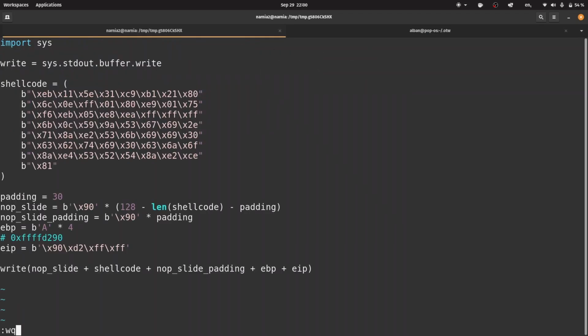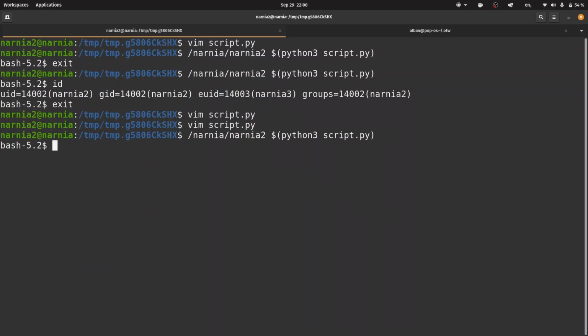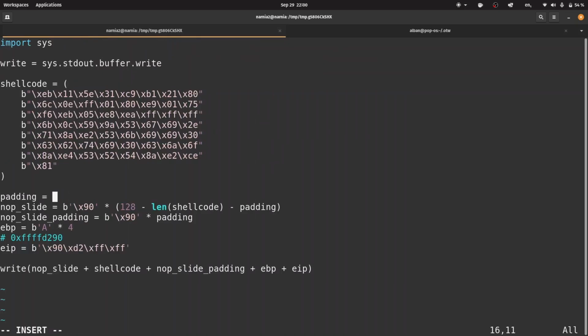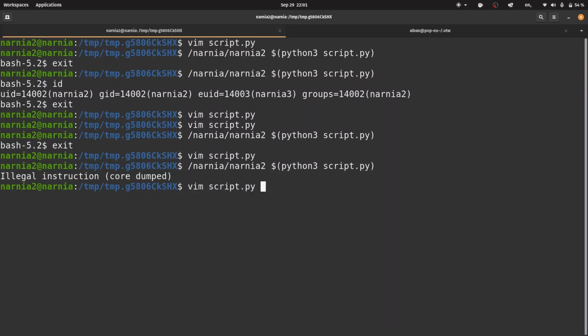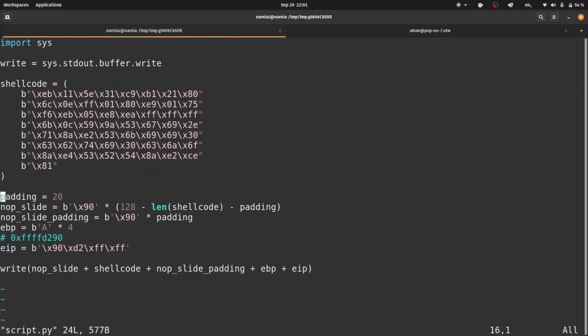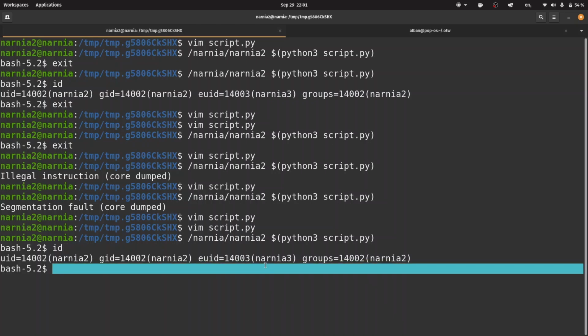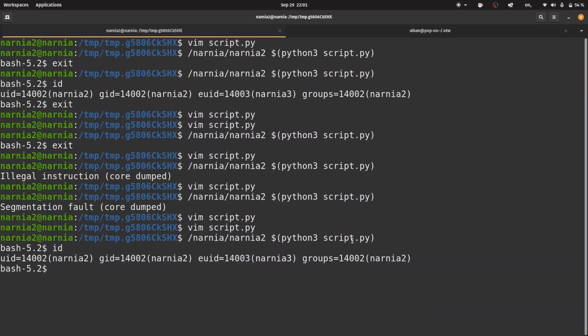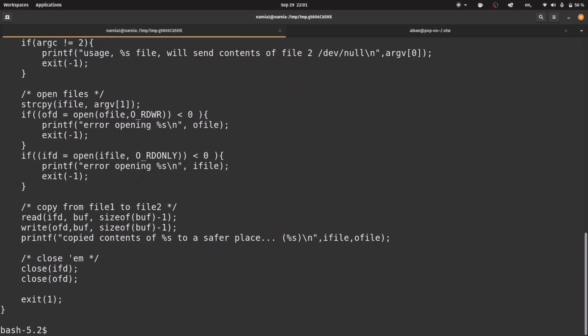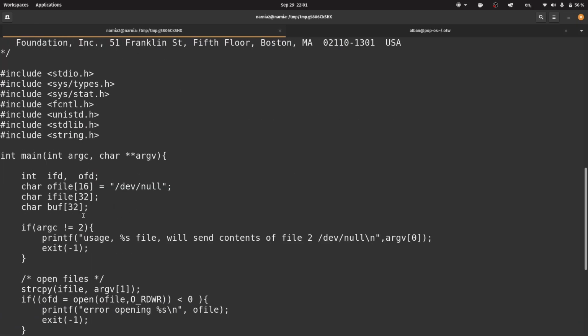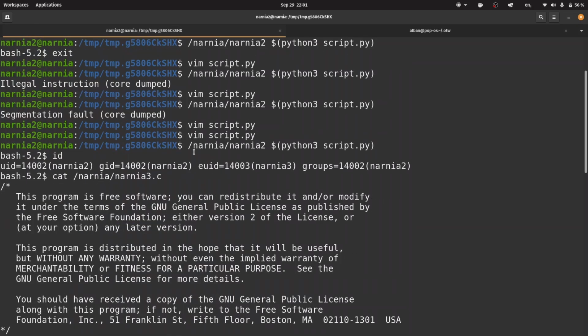I changed my padding to 30, and now let's see if it runs, and it runs again, right? Let's change it to 20, see how much padding we really need. Okay, so I guess 20 is not enough. I'll try 25 and then I'll stop fooling around and I'm going to end the video. But yeah, if I run this ID, I am Narnia 3, meaning that I can cat narnia3.c. Okay, yeah, so I can see the code for the next challenge,